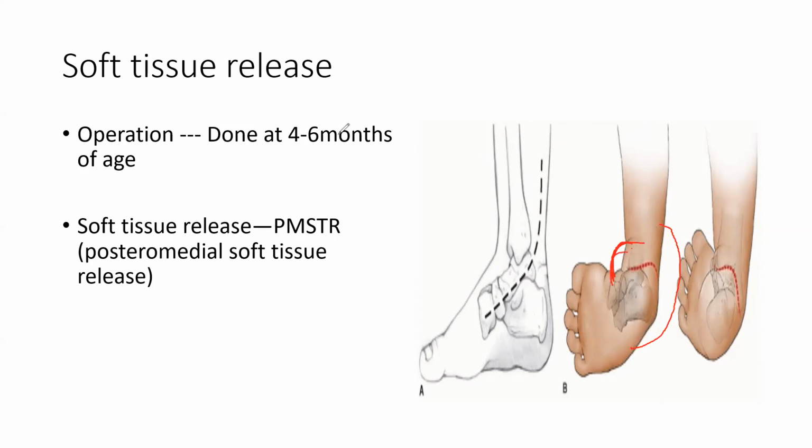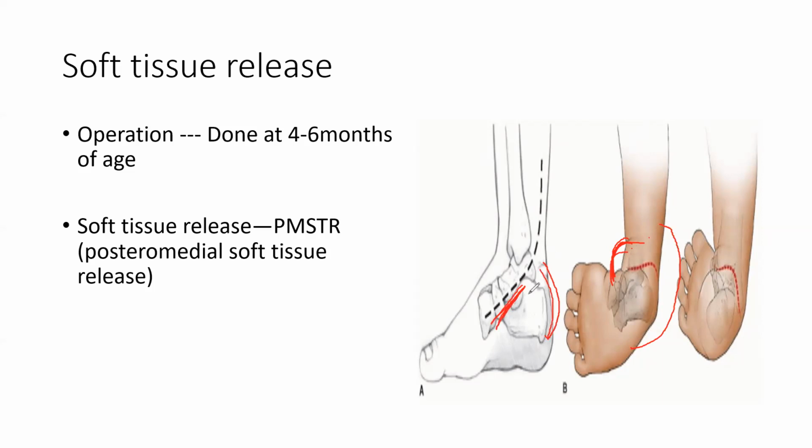Posteromedial, this is what we call it. Okay, so why do you say posteromedial? Because what happens in the posterior? Equinus. Posterior having equinus and medial having the inversion. So this equinus deformity is because of the tendo-Achilles, and what causes the inversion? The medial ligament causes it. So that is why we say posteromedial.